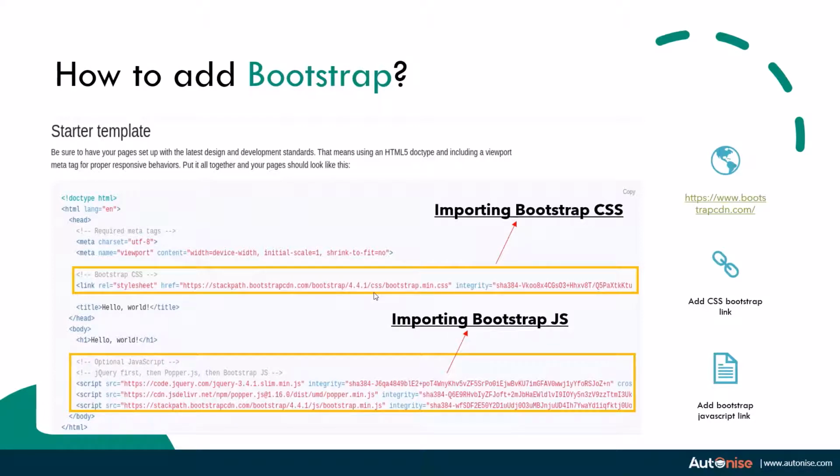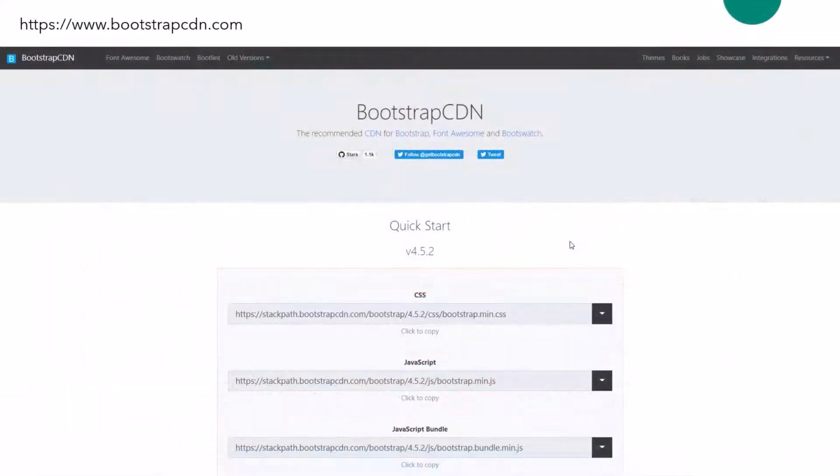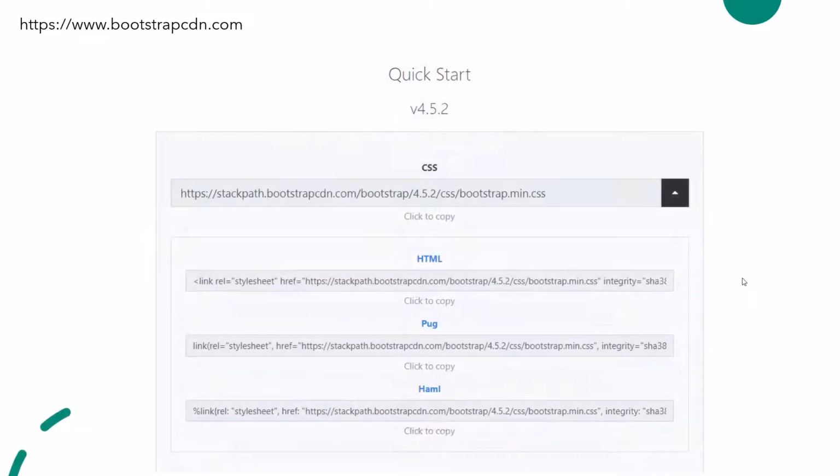Let us see in detail how to go to the Bootstrap CDN website and copy the CSS and JS code. So when you go to the bootstrapcdn.com website, you will be able to see this page. Over there, you can click on the CSS drop down and you will be able to see three different varieties of link present.